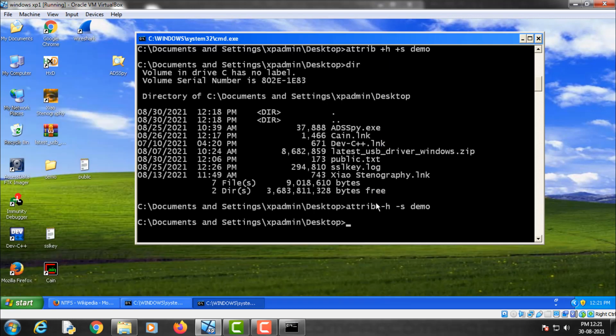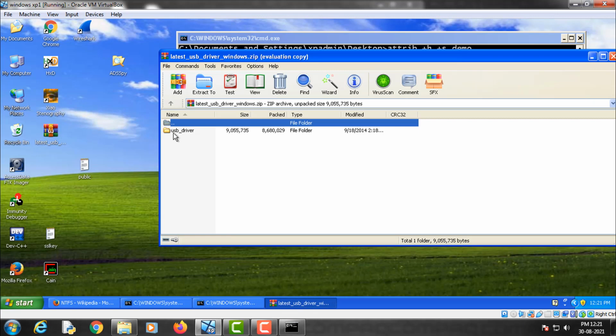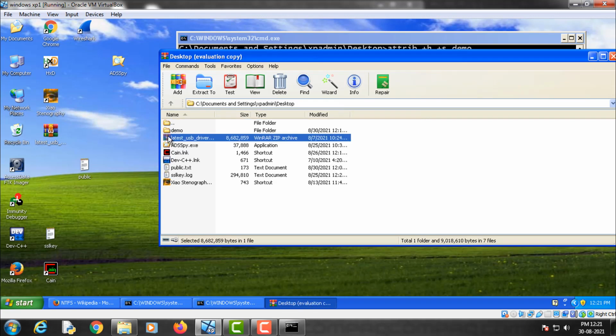But let me show you another way to discover this demo folder. Let's hide this folder again using the attrib command. So the demo folder is hidden now. To discover this folder, we will have to use a WinRAR file. As you can see here on the desktop, I have a WinRAR file. If I click open here, and if I go to the desktop here, you can see this demo folder.